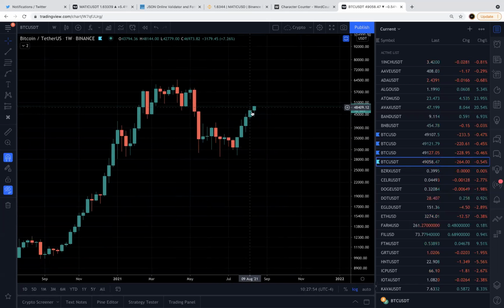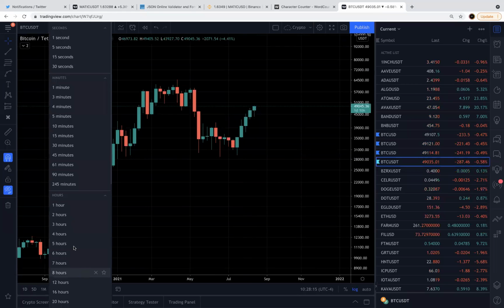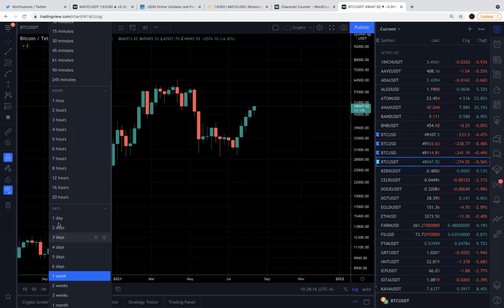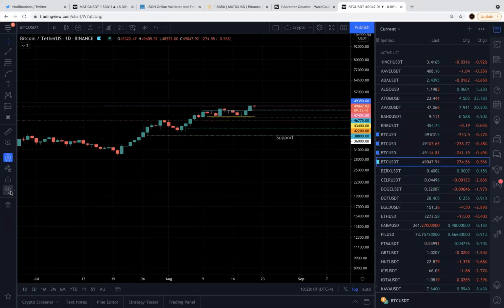So weekly is super strong. I mean, there's nothing to comment. You don't even have to be into TA. If you open this weekly, there's no doubt that it's heading up. So now this is a resistance, and so it's spending a little time. So let's look at daily,